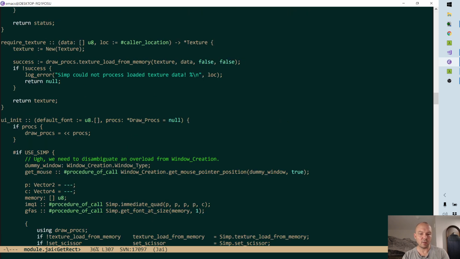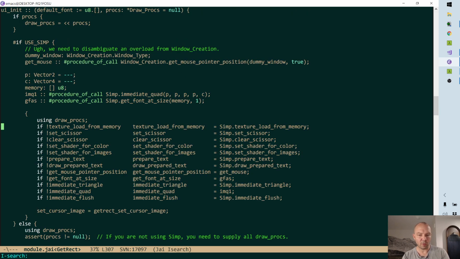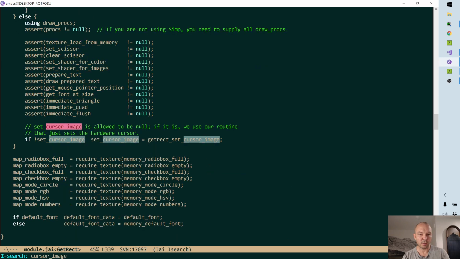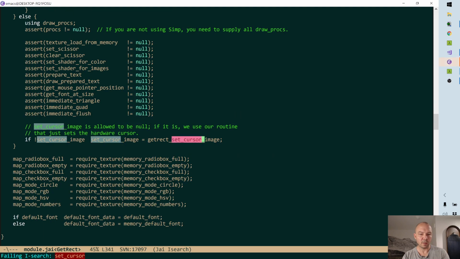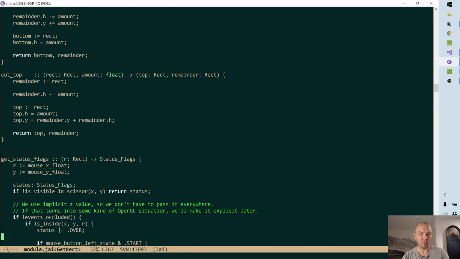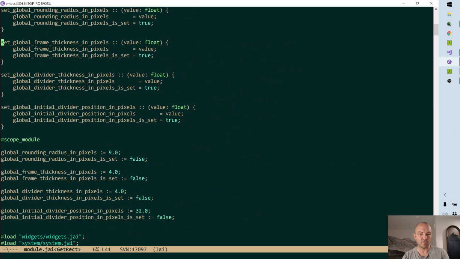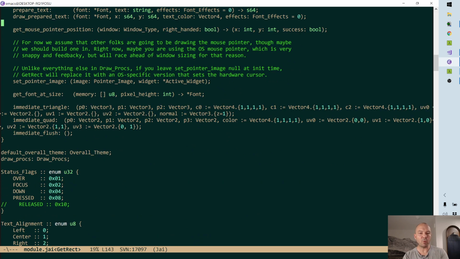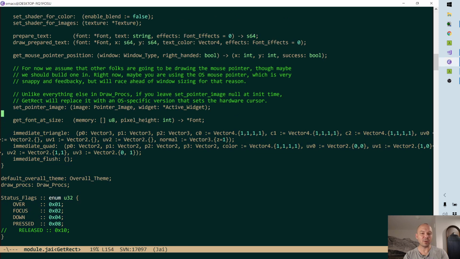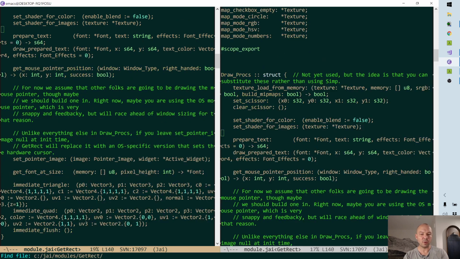Okay, and then what is cursor image? Wait, where did it go? What? Set pointer image, right? I was like, I already got the name wrong. All right, so